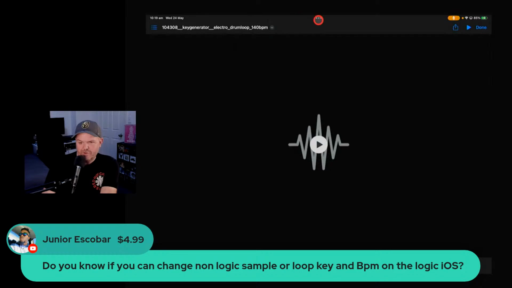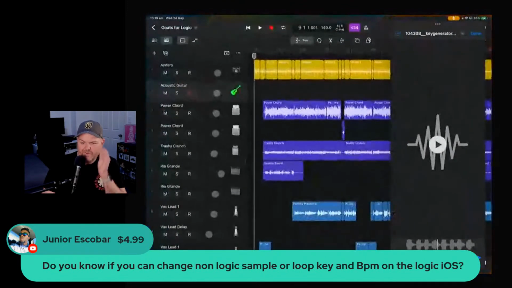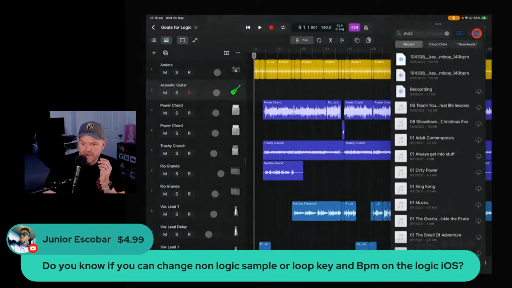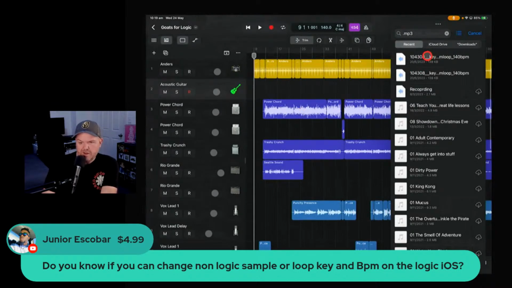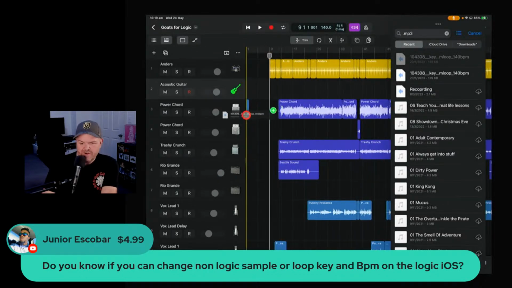So up the top here, we'll tap that button and slide over. You do have to do things slightly differently here in Logic Pro. You have to find the file in your Files app and then drag it into your project. So we'll tap and hold and drag this across. We need to find an audio track. Let's just put it on this track for now. In fact, we'll put it up here so it's under our drum track so I can show you how this works. So what we have now is we've added in our own file.